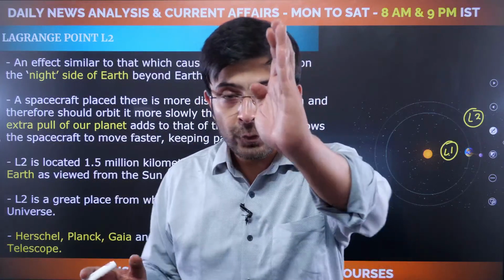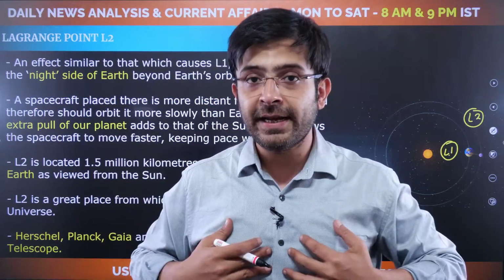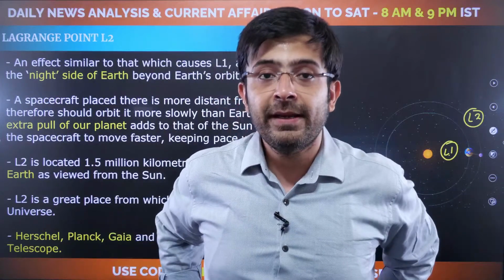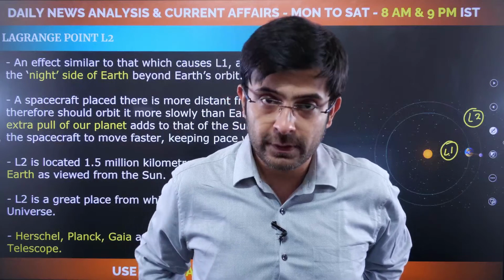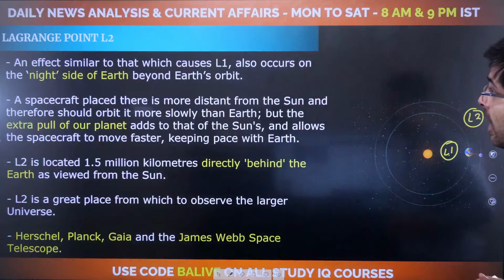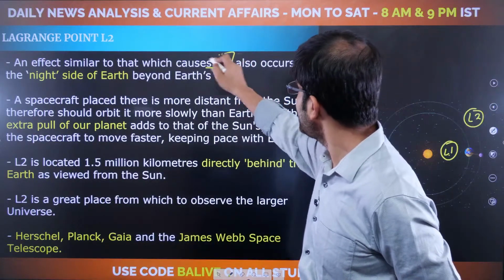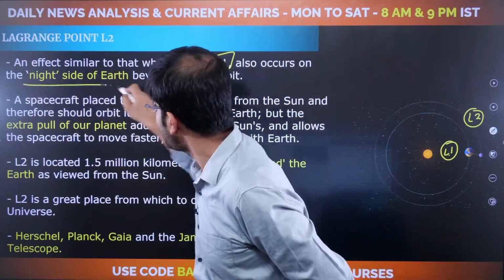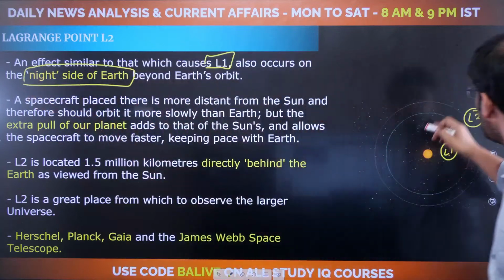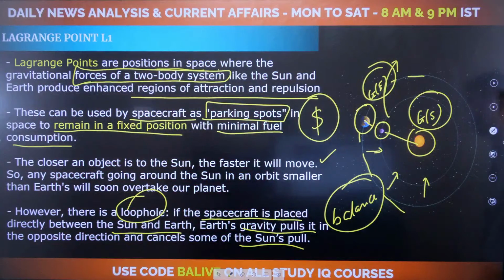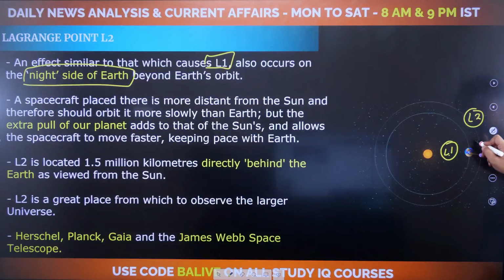However, if the torch were the camera, if I was standing here, and if you were right behind me, you would get a zone of darkness in which you could study the space, the universe. This is the point of position L2. A similar effect to L1 also occurs on the night side of Earth, which means you're looking to go beyond the Earth to the side which is in darkness. This is the side you're going to. Go ahead and consider.